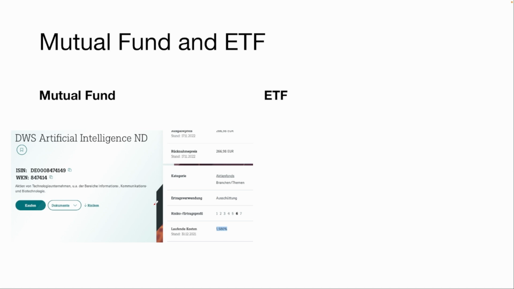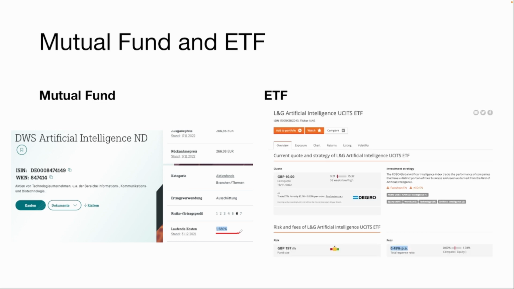So here, for example, DWS, which is an arm of Deutsche Bank, has created a mutual fund to track the artificial intelligence industry or theme, for which they are asking about 1.580 of an annual cost. In addition, there will also be performance costs for the fund managers and so on. So this is not the only cost you will have for the mutual fund. If you compare that to an ETF, which has an annual expense ratio of about 0.49, which is almost 1.1% cheaper compared to a mutual fund. So the question here is also, why not spend 1% more and invest in the mutual fund, so that I get the alpha out of the mutual fund and I can create more wealth compared to an ETF?